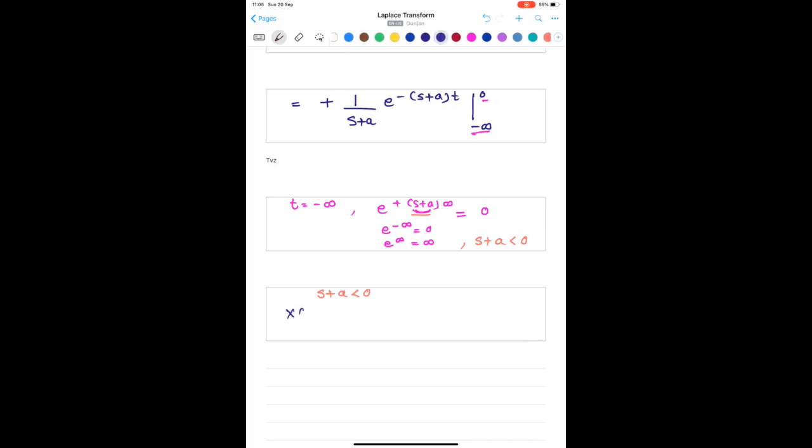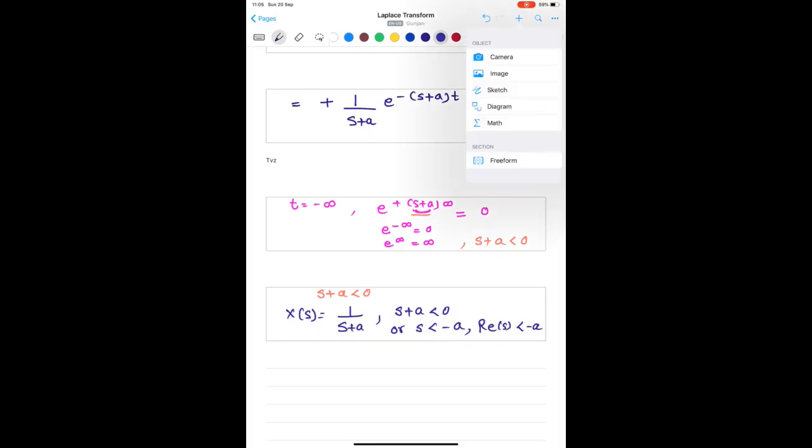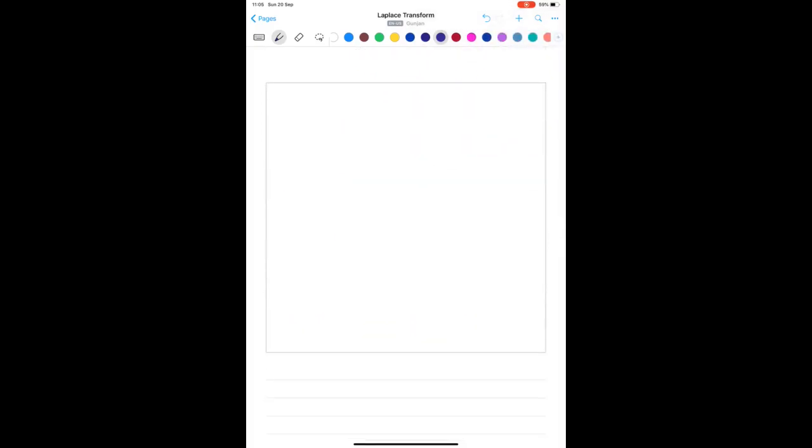So X of s will be equal to 1 upon s plus a, with the condition that s is less than minus a, or you can write real s less than minus a. Any one of these will be used. Now if you represent it,